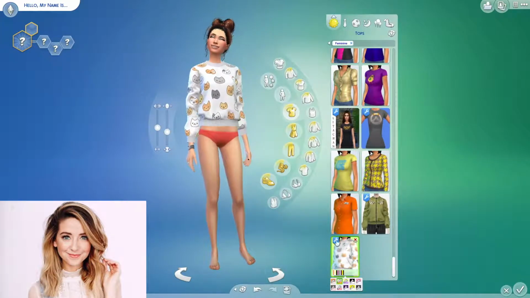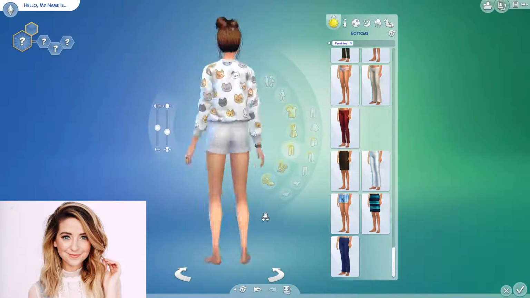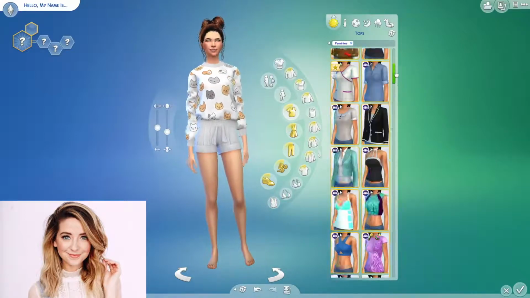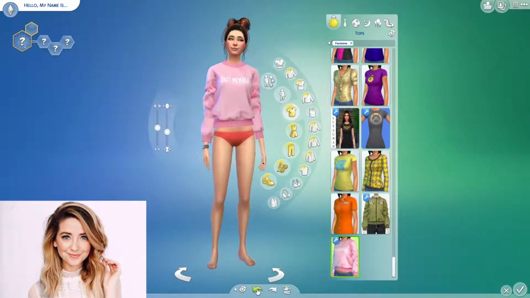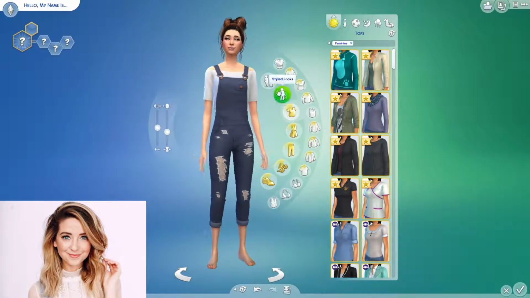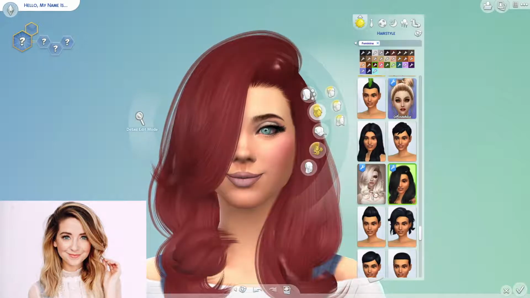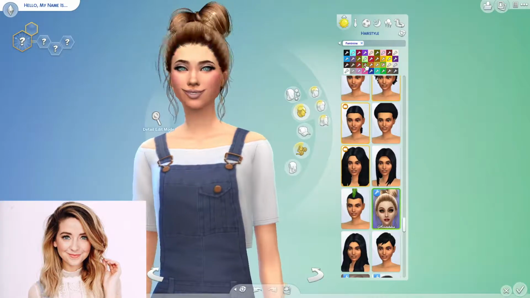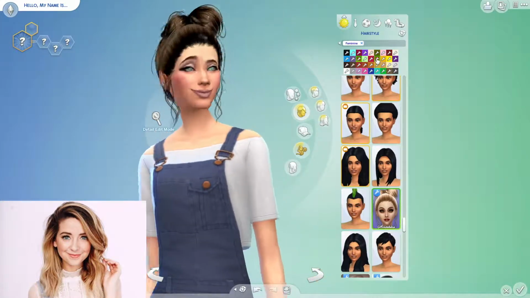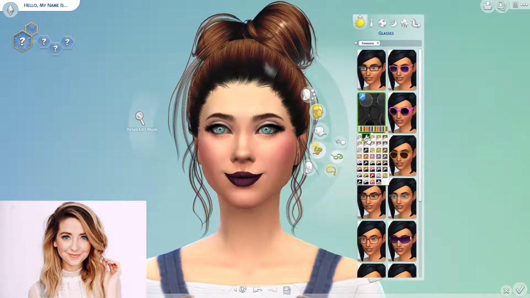Because all the other ones that I picked up on custom content, I mean, that looks okay, but I figured the overalls looked better on her. So I chose the overalls, and I will show you the end of the end product that I got of what I did with the bun, and then I will change it to the original hair that I wanted to keep her as. This is where I'm trying to find the right color back,